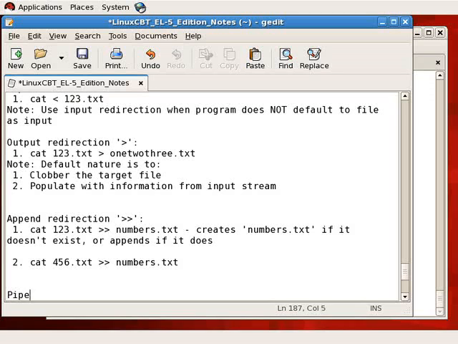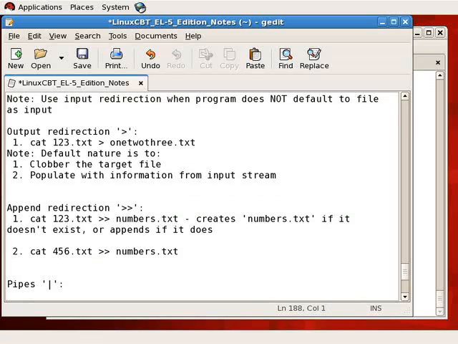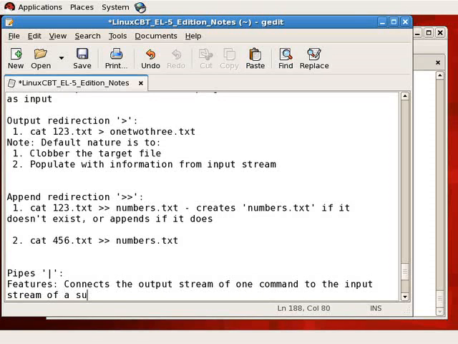So how about pipes? What do pipes do? Well, first you indicate that you want to pipe by using the pipe character, which is located beneath the backspace key on your keyboard. Pipes connect the output stream of one command to the input stream of another command. So it connects the output stream of one command to the input stream of a subsequent command. For example,